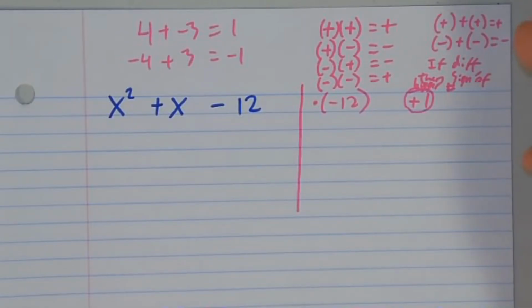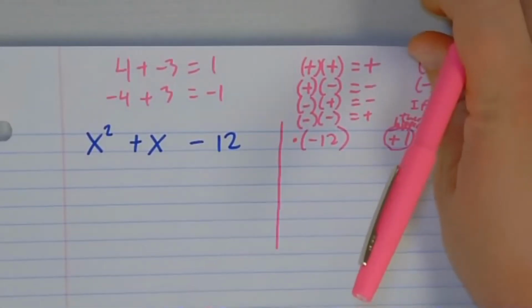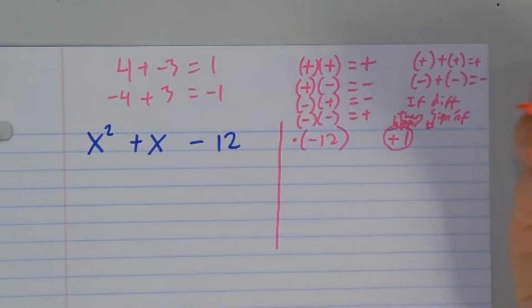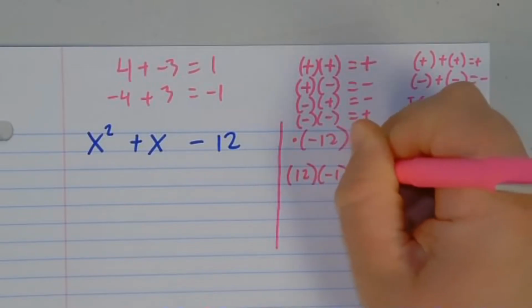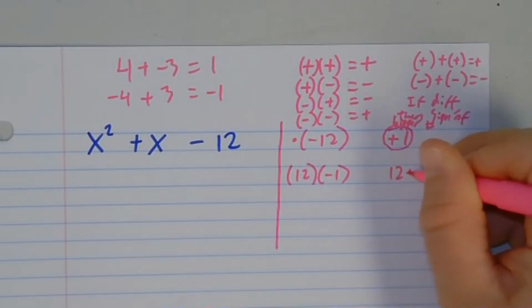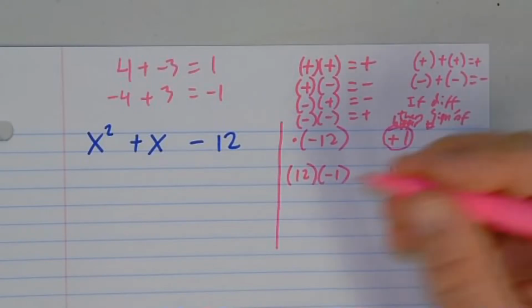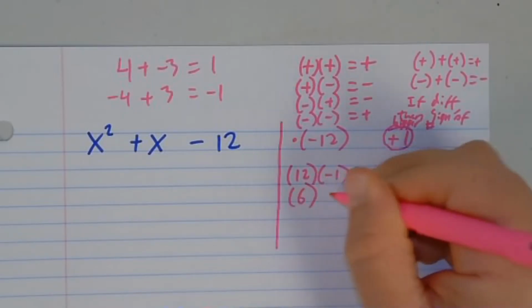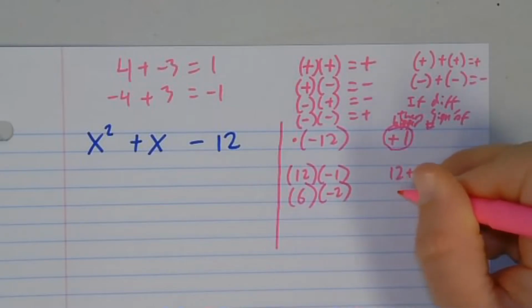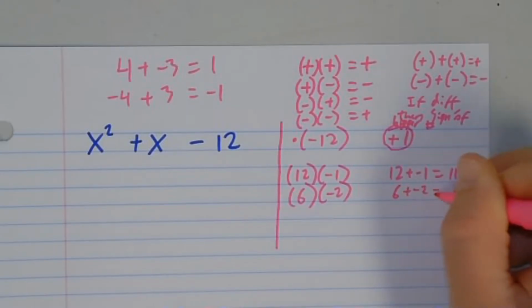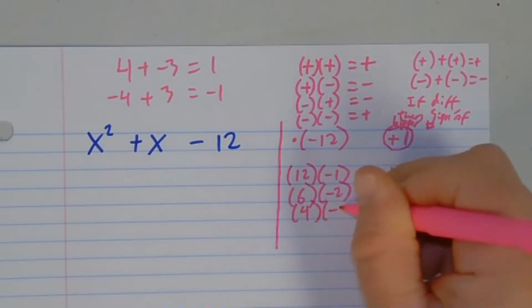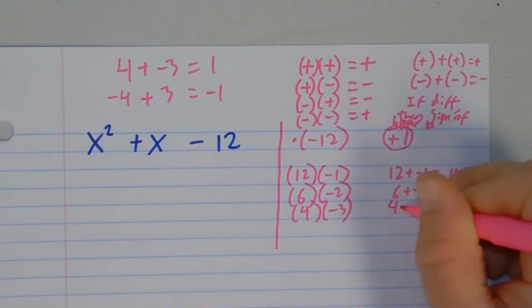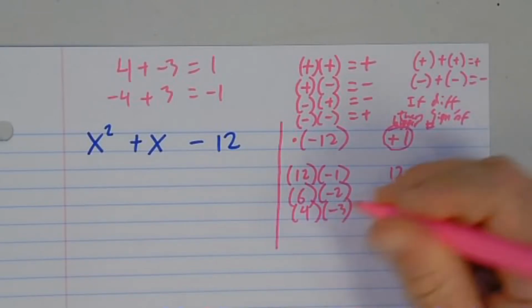Once you see which one it is, you do not have to try them all in order. But it's okay if you need to try them all in order because you haven't yet mastered how to see what it is. So I might go 12 times negative 1. Well, 12 plus a negative 1 would be 11. 6 times negative 2. 6 plus a negative 2 would be 4. 4 times negative 3. 4 plus a negative 3 would be 1,